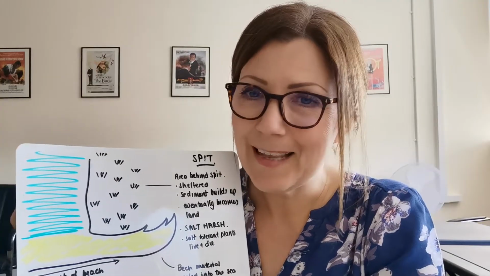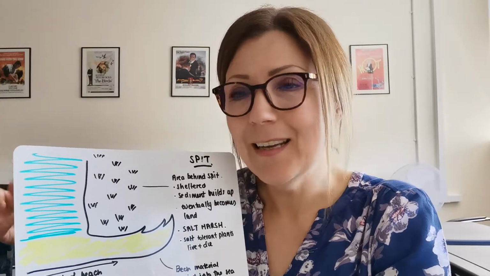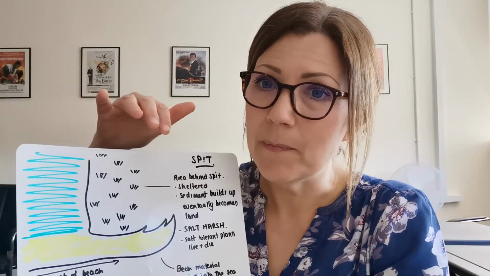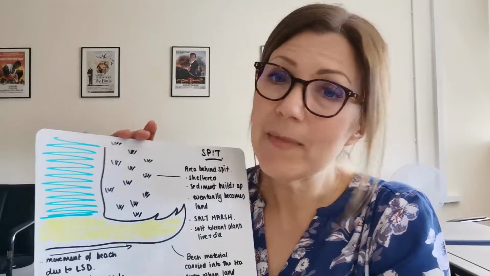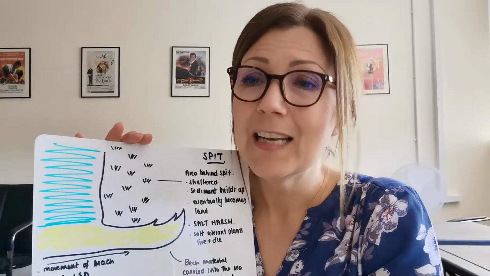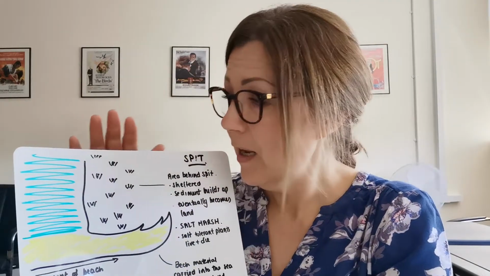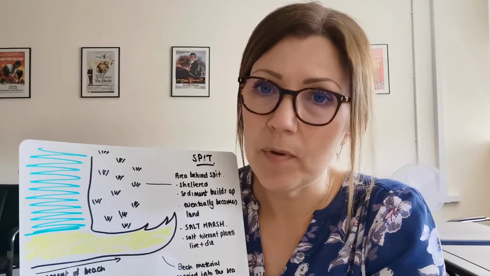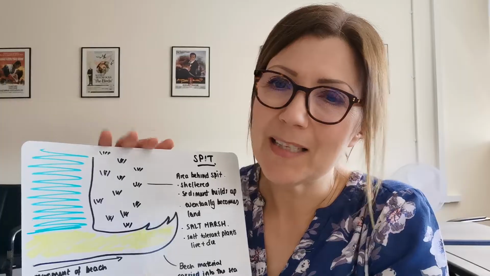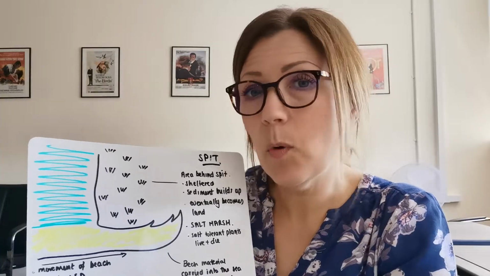So the more plants that grow there, the more plants die, the more organic matter gets deposited there, but also the higher the land becomes. So over time, this actually ends up becoming land. Now, it will always be quite boggy and quite marshy because it is at quite low levels, and at very high tides or during storms, it will be flooded. So we don't get massive oak trees and things growing here, but it is what we call a salt